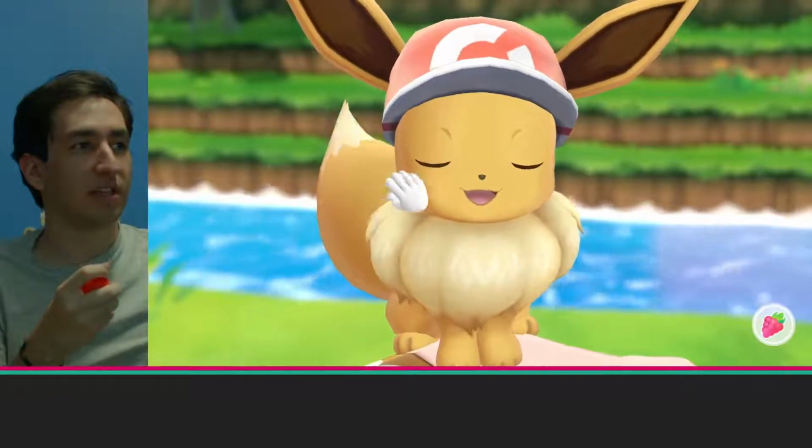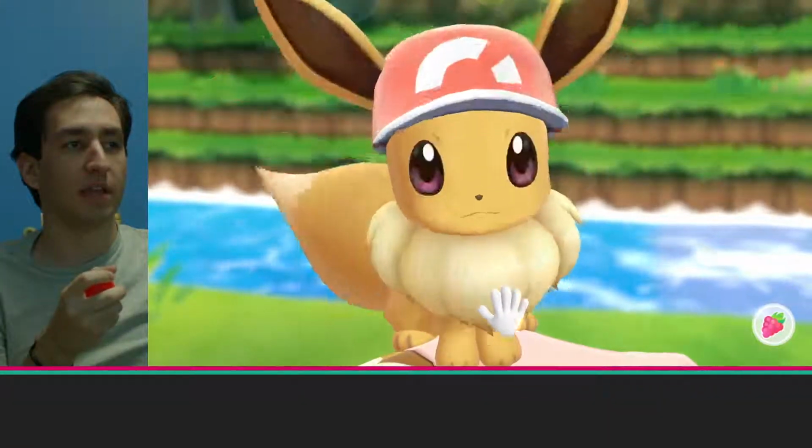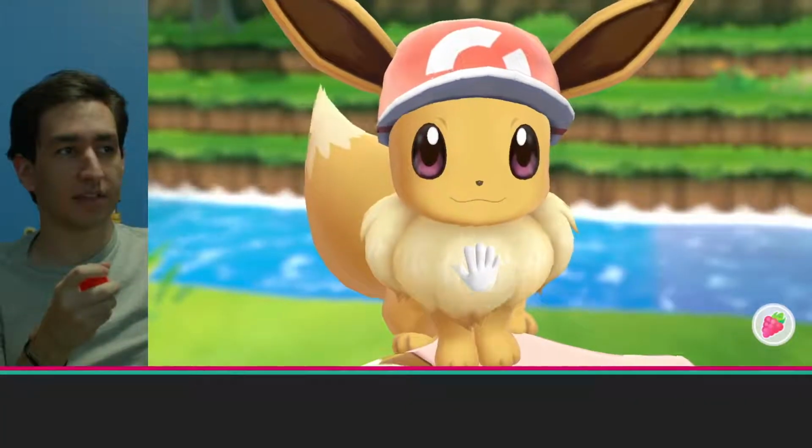So, playing with Eevee, it's not with your joystick, it's with the motion controls. And this I find to be easier to do, again, with the Joy-Con. Because the Joy-Con has a...